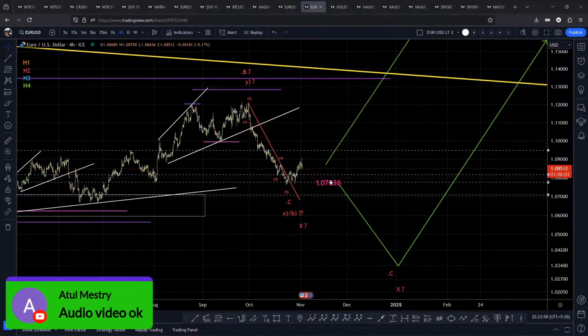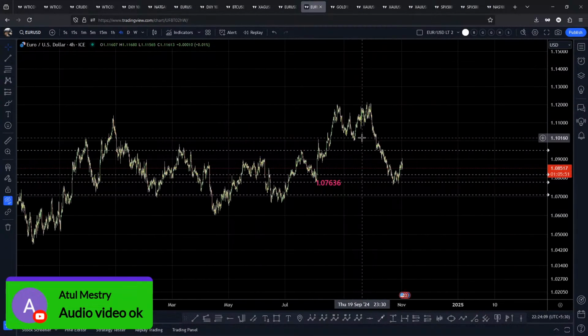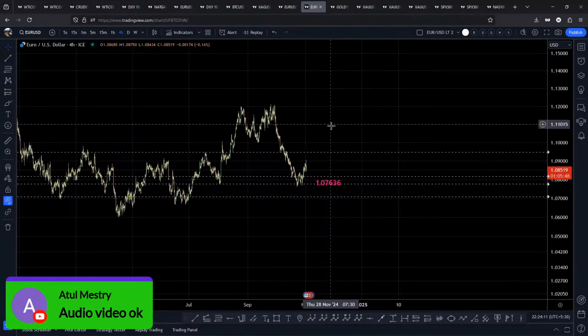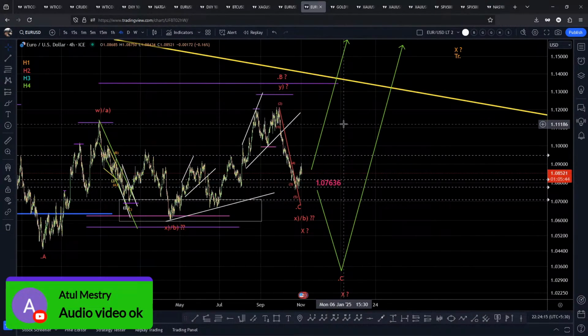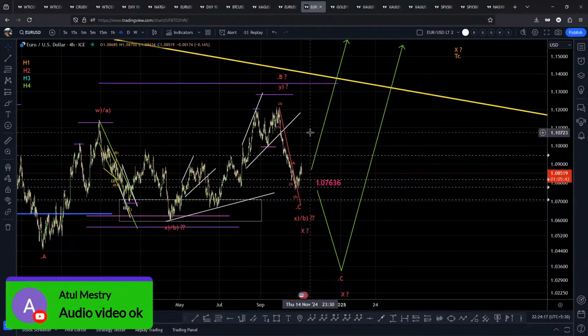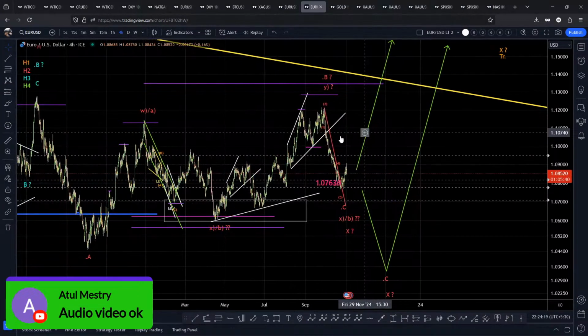So it has not triggered yet, and the market has gone a little bit to the upside. It could be a correction continuation for wave two. Basically, what I'm trying to say is that overall, we are in an ABC kind of correction, right? And within this ABC kind of correction,